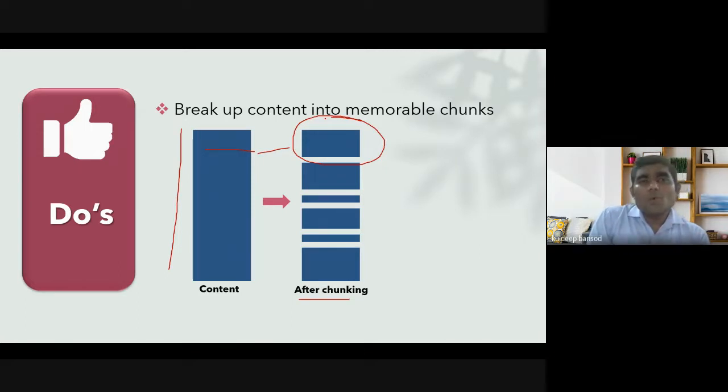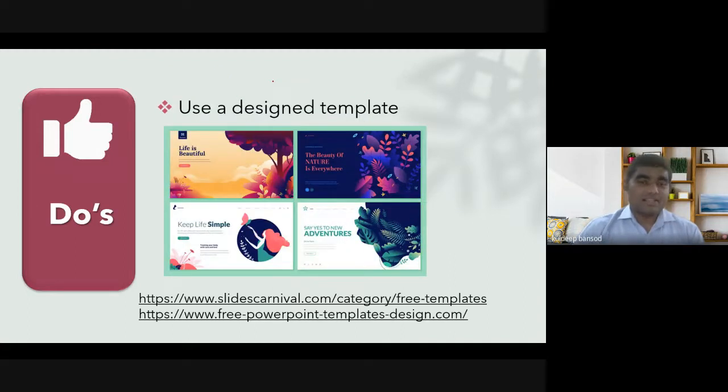Like if you want to show them some simple processes of a machine, how the machine works, then you have to tell them this is the first process, and only the first process on one slide. Then you go for the second process. So this is called chunking. Don't tell them the whole process here, but go stepwise. This is first, this is second. In this way, chunking will create more memorization.